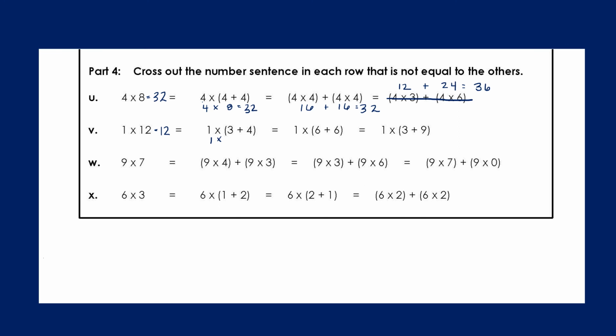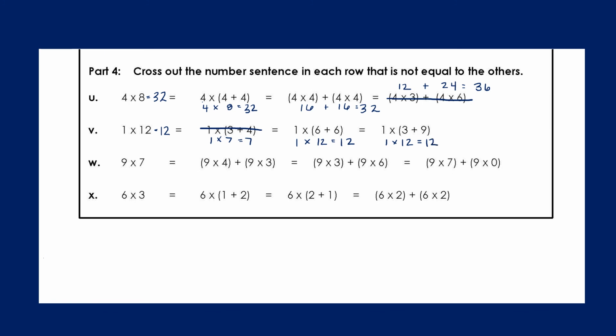So here we have 1 times 3 plus 4 is 7, so that equals 7. So that's not right. Here we have 1 times 6 plus 6, which is 12, and that equals 12, so that's okay. And here we have 1 times 3 plus 9, which is 12, and 1 times 12 equals 12,